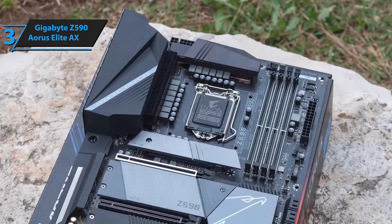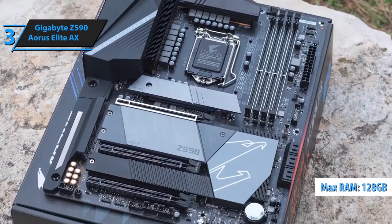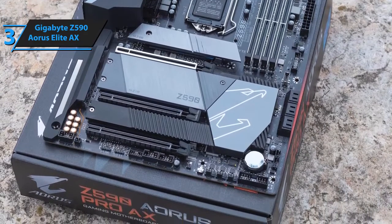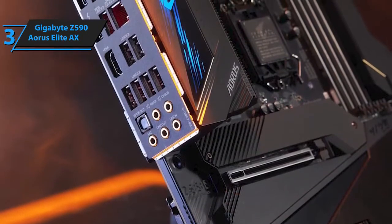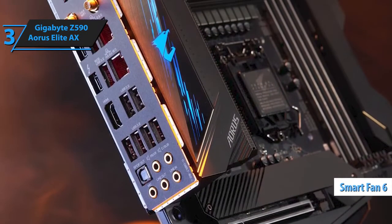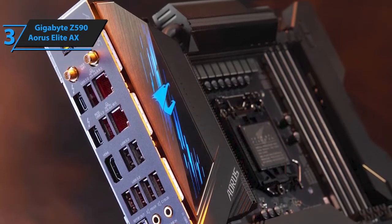The maximum memory capacity of the Z590 motherboard is 128 GB, which was only available on high-end desktop HEDT platforms. For users who are always running out of memory, there is now more bandwidth for memory-intensive applications, such as video rendering and editing. The SmartFan 6 features several unique cooling features that ensure the gaming PC maintains performance while staying